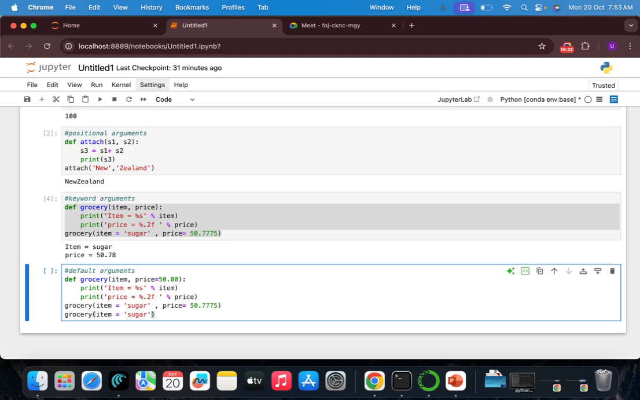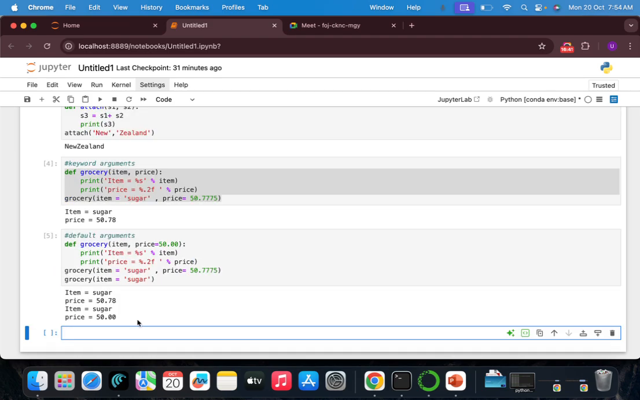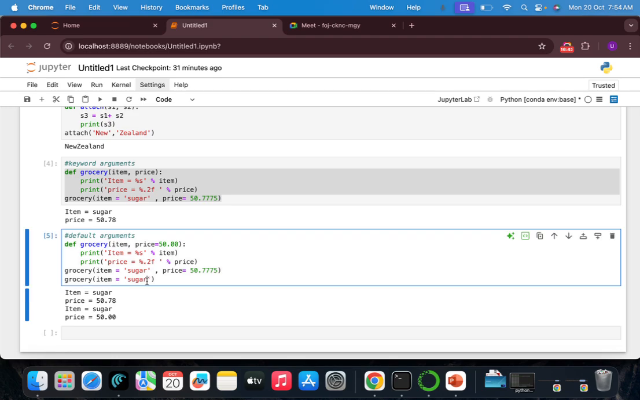Here I'm giving a default value for price. The default for sugar, whatever the price, any value, say 50, is there, so I'll get 50 printed here. See, sugar 50 is there. If I'm replacing that by anything, okay,